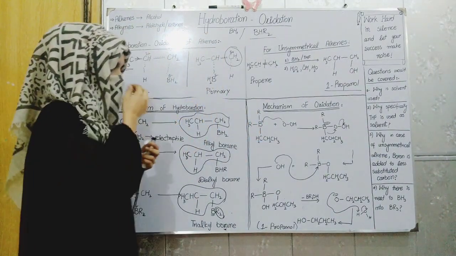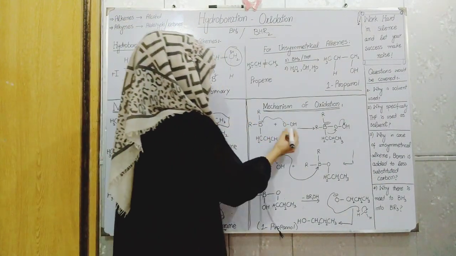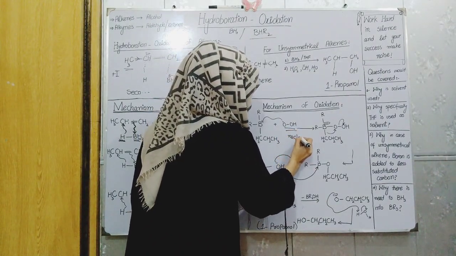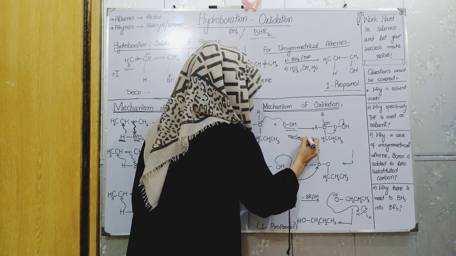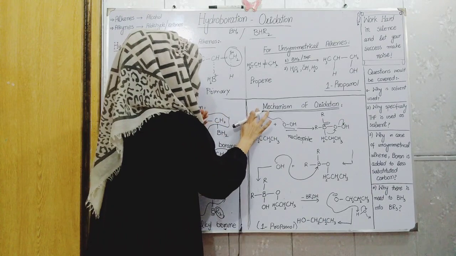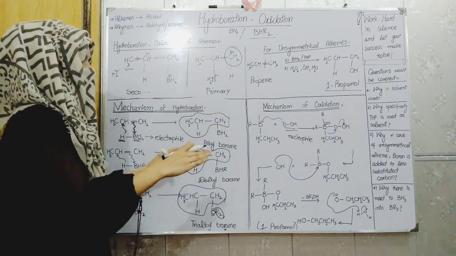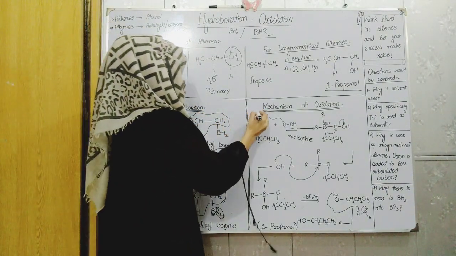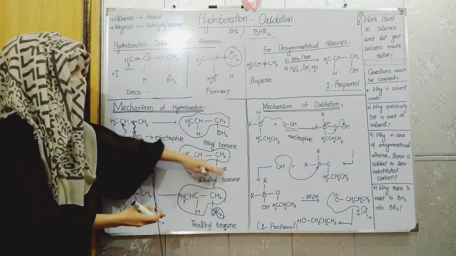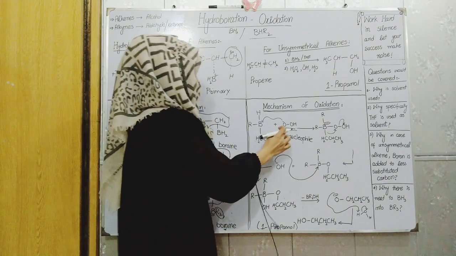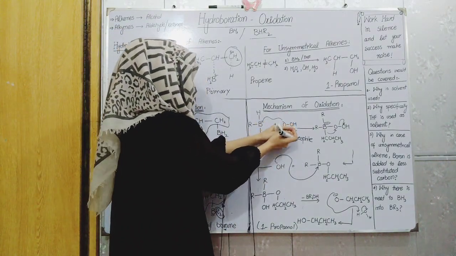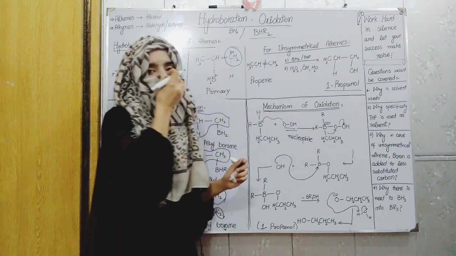So the answer to this question is that here this acts as a nucleophile. But if hydrogen is present here, suppose I didn't replace this with any alkyl group, this will be hydrogen. Suppose we take dialkyl borane as it is. Then this group, instead of acting as a nucleophile, will act as a base and take this proton.